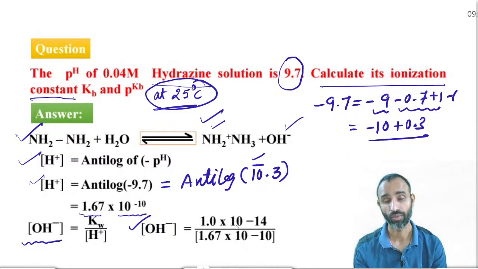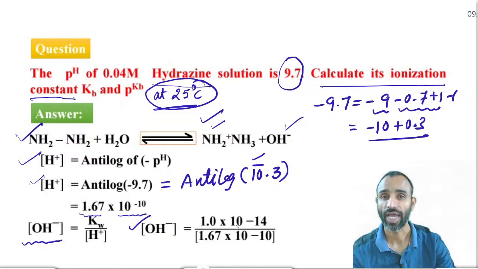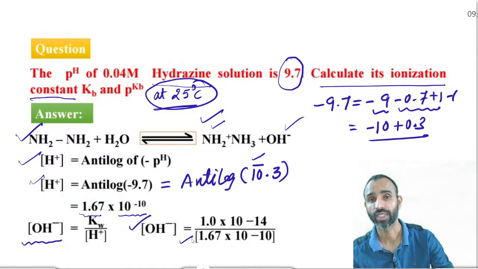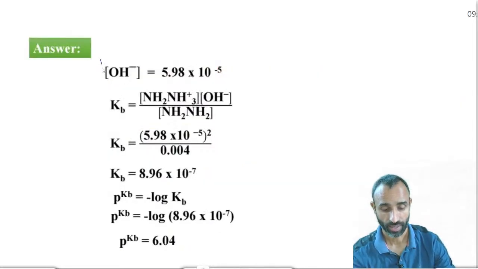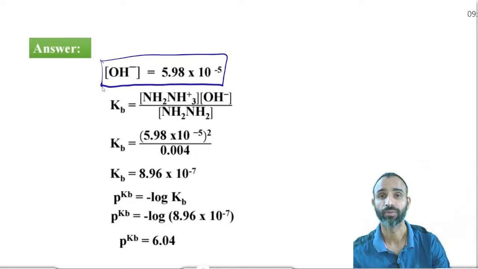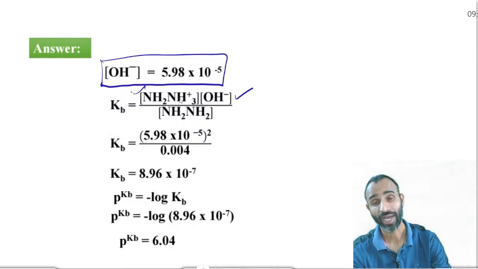So Kw at 25 degrees Celsius is 10 raised to power minus 14, and H plus ion concentration is 1.67 into 10 raised to power minus 10, and therefore we get the OH negative ion concentration. Now OH negative ion concentration and hydrazinium ion concentration are the same,